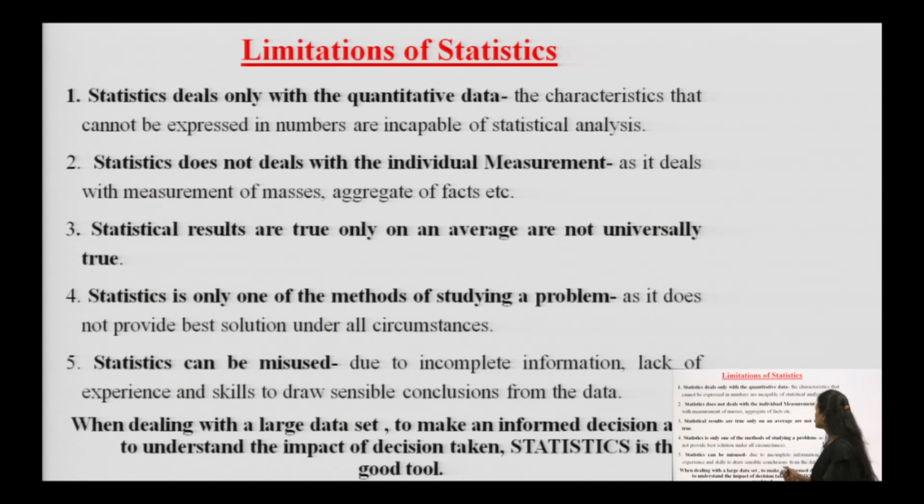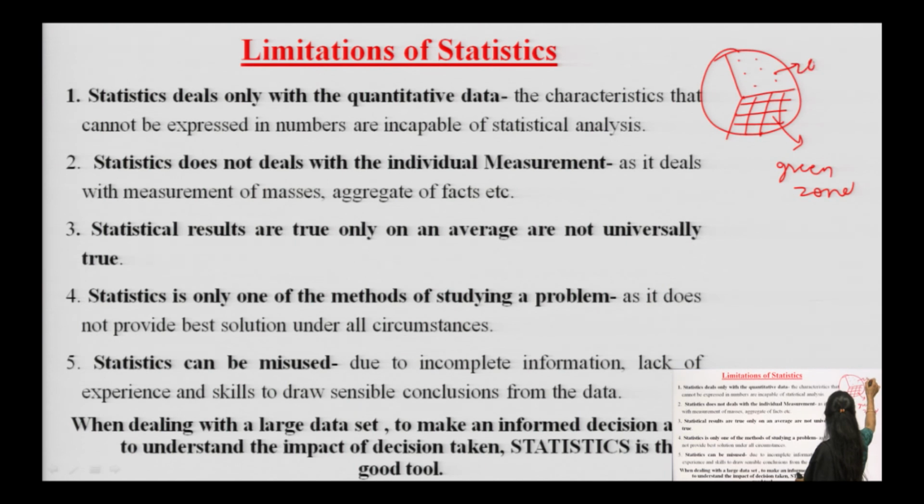For example, if I have a pie chart of different zones of a locality, of a city. For example, we have 3 different zones: one is called red, one is orange and one is green. So, this is the green zone, this is the orange zone, and this is the red zone. If somebody does not know what this pie chart shows, and I have given it a heading, COVID-19,